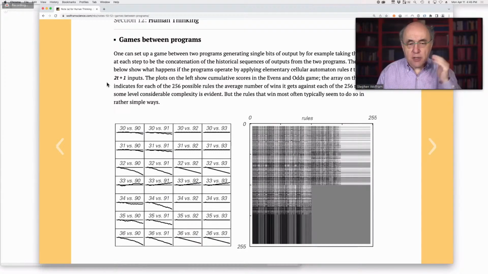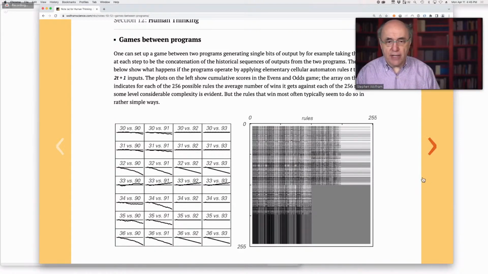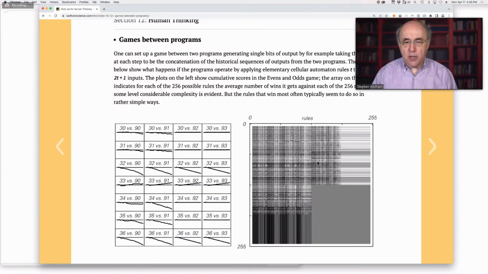You can say a strategy is described by a simple program, like a cellular automaton. What happens if you play one cellular automaton against another? Then what happens if you play one against another with some kind of learning rule and so on? This is showing who wins against whom in a contest between one cellular automaton rule and another. So for example, 34 versus 91, you see that at the beginning they're neck and neck, and then I don't remember which one of those it is that's losing here. One of them ends up losing.